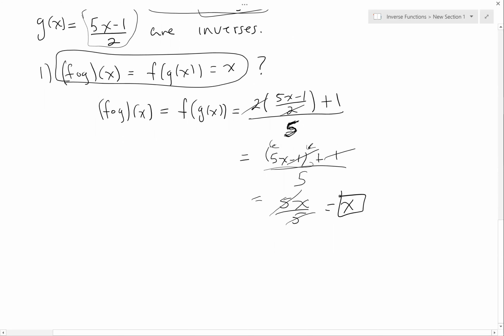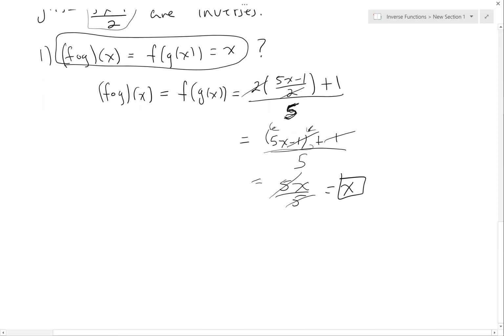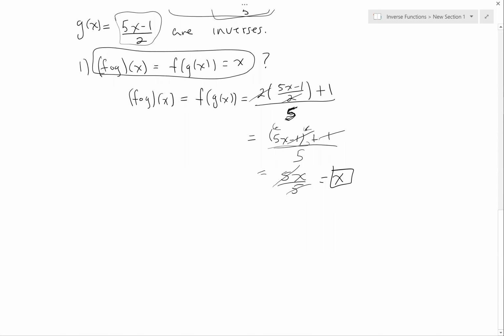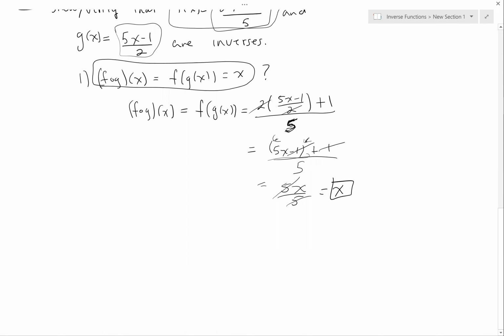Okay, so that is how we show that a composition simplifies to the original input. We have to take it step by step and show the end result. This is what constitutes full work. This is what constitutes full credit for a problem like this. So question 2 here,